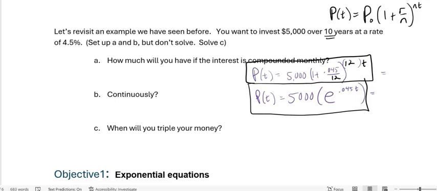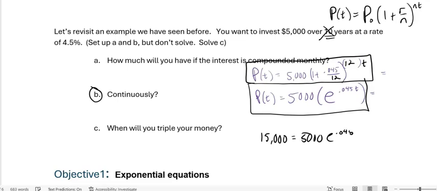Now, here's the question: when will you triple your money? Let's focus on continuously for this one. So I had $5,000 to start, so I will have tripled my money at $15,000. So first, let's set it up. E to the 0.045 t, and the question is when. So we're ignoring the 10 now, because we want to know how long it takes to triple your money. Okay, and I'm forgetting the 5,000 initial amount. So it's 5,000 times e to the